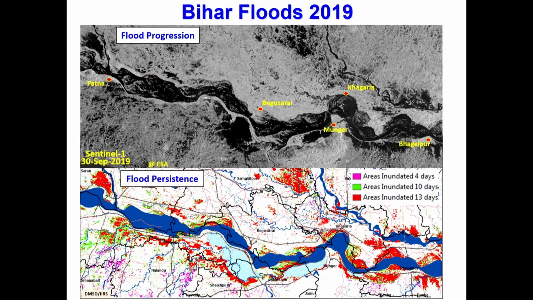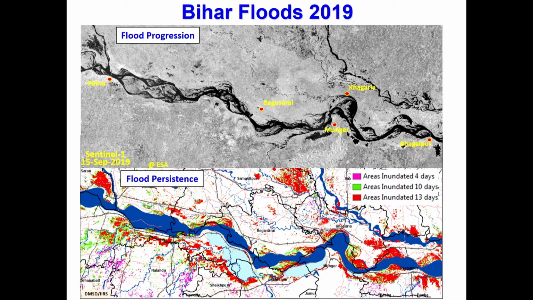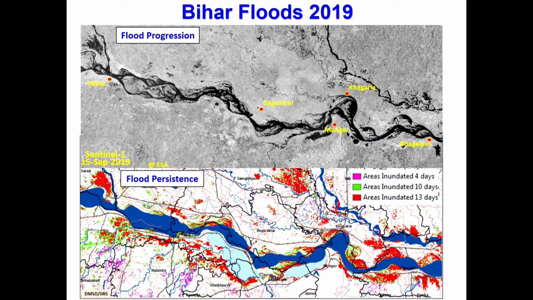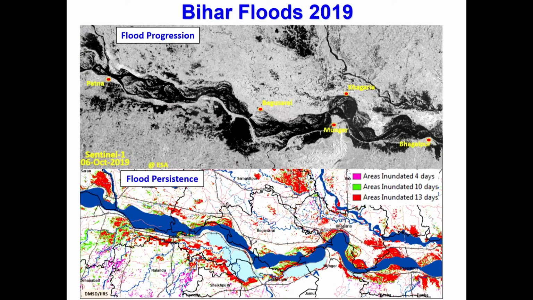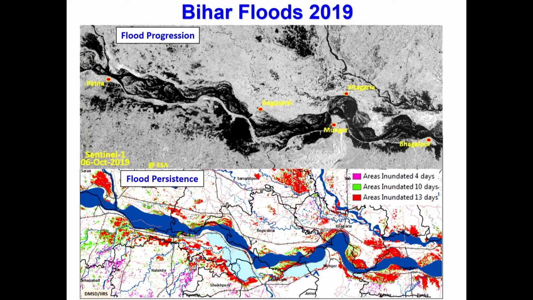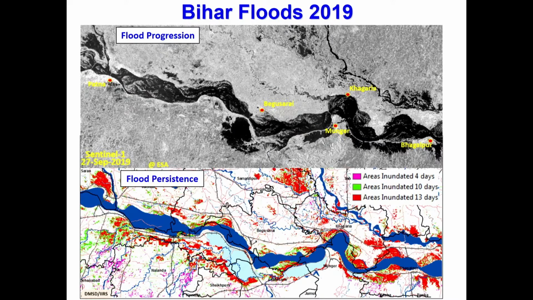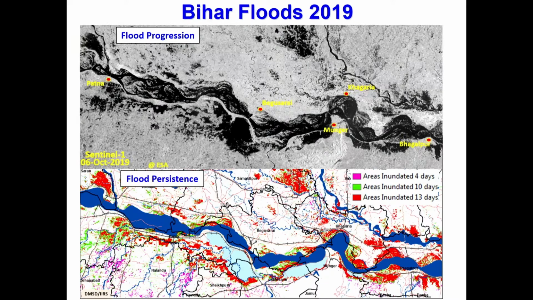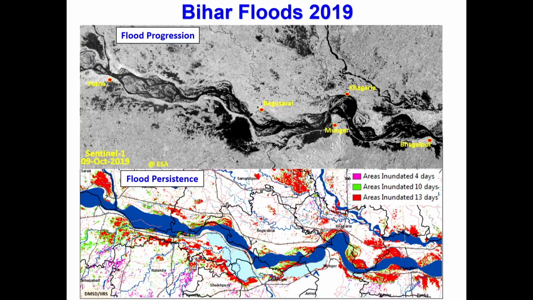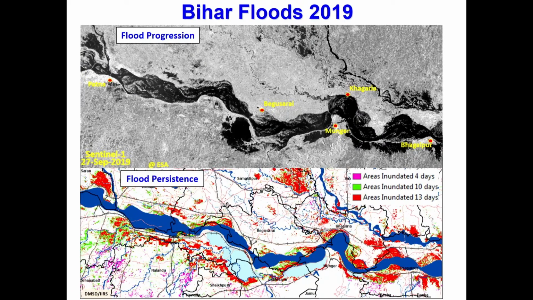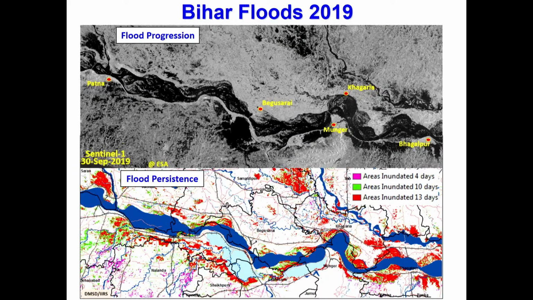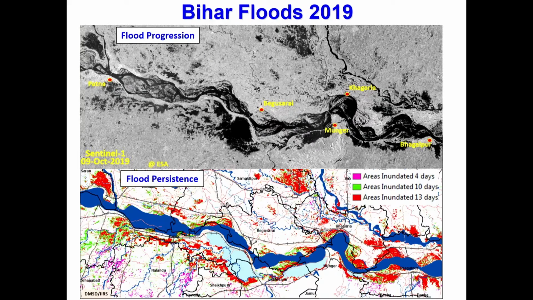But as the flood progresses, you are seeing the black portion increase, because it is appearing black, as I told you, because of specular reflections. The signal does not go back to the receiver, and there is no energy received by the sensor once the pulse is transmitted from the surface of water, and therefore it has a low response or low backscatter, and therefore it has a black tone. Whereas the other areas which are appearing in moderate or brighter tones may have a diffused or stronger backscatter return.